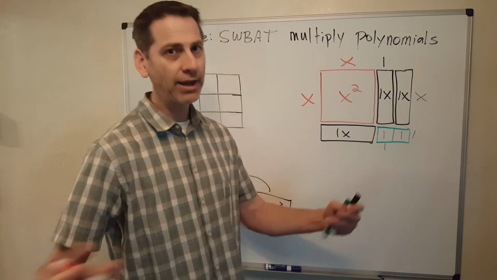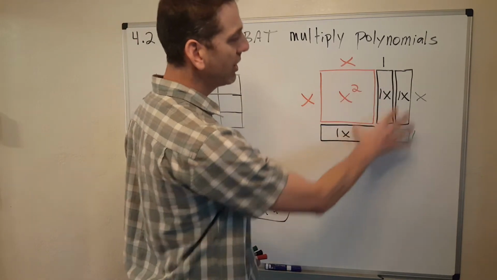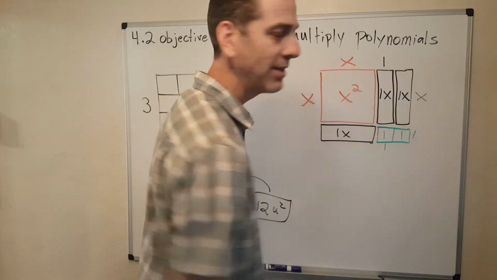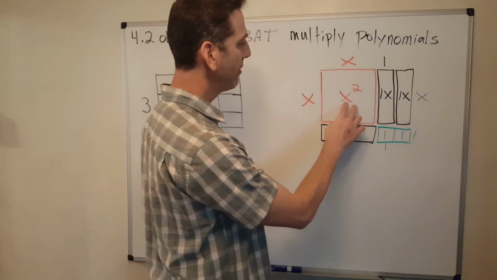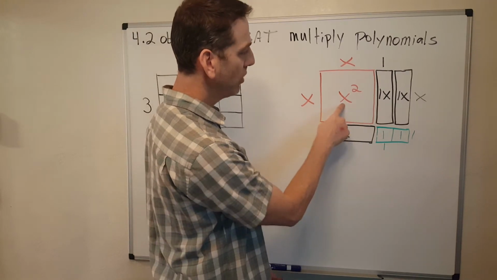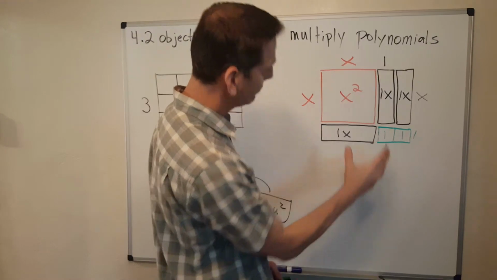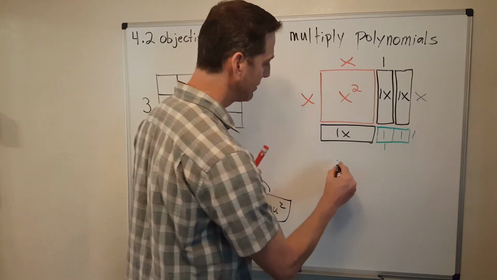All right? Just like 2 times 2 is 2 squared, 3 times 3 is 3 squared, x times x is x squared. Okay, so now let's see if we can figure out the total area of this entire rectangle. Okay, so we have x squared here. How many x squareds do we have? Well, I only see one. Okay, so I'm going to write